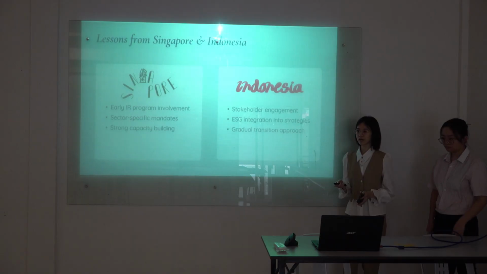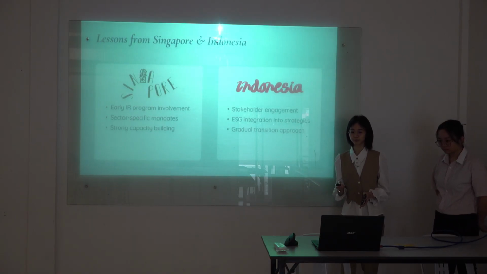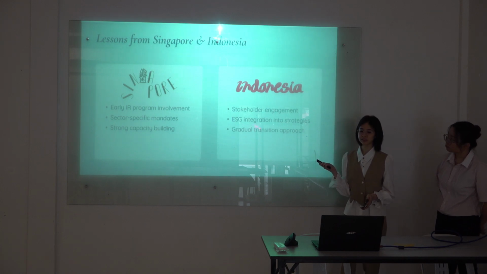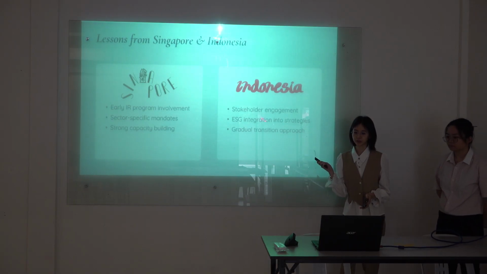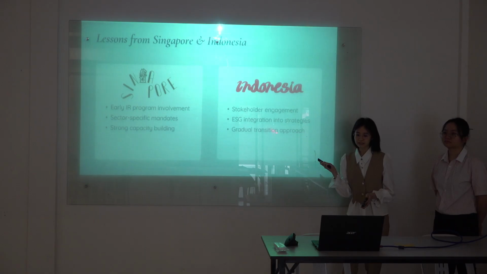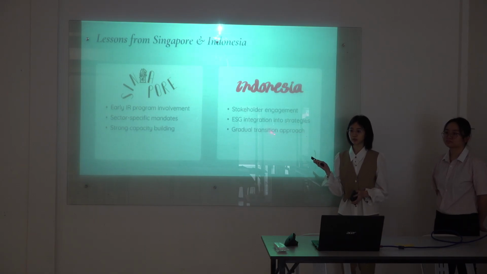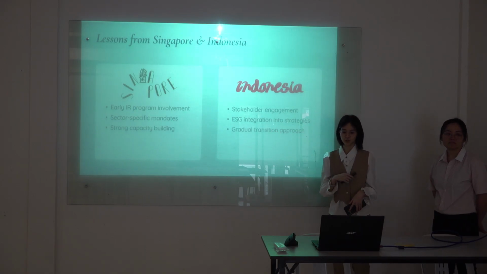Strengthening the Malaysia IR steering committee can replicate Singapore's success. Indonesia emphasizes stakeholder involvement and ESG integration. While still in an early stage, its gradual approach and alignment with local needs